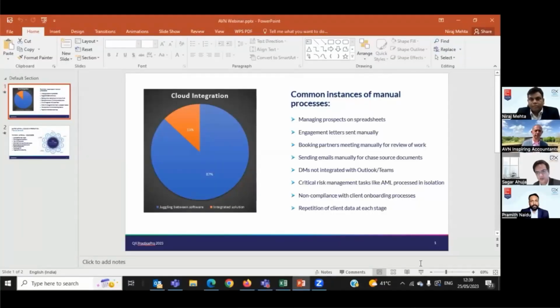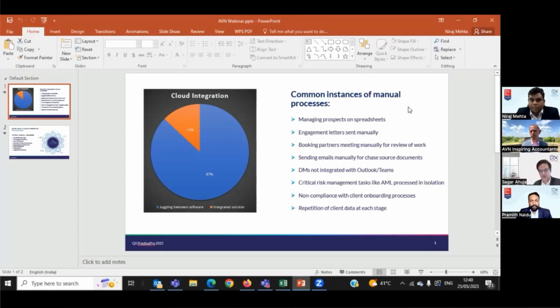So, Shane, while we were exploring the possibility of launching this service suite and the product Practice Pro, we did a quick survey of the firms that we are providing services to. The survey went out to about 200 plus firms, and probably about 70% were nice enough to respond back to us. So it's about 87% of the firms who are juggling a variety of software in the market as of now. Again, the integration is missing. A lot of features in the software can be used effectively, but that's not being done. And it's only 13% of the firms who are truly integrated on the cloud.